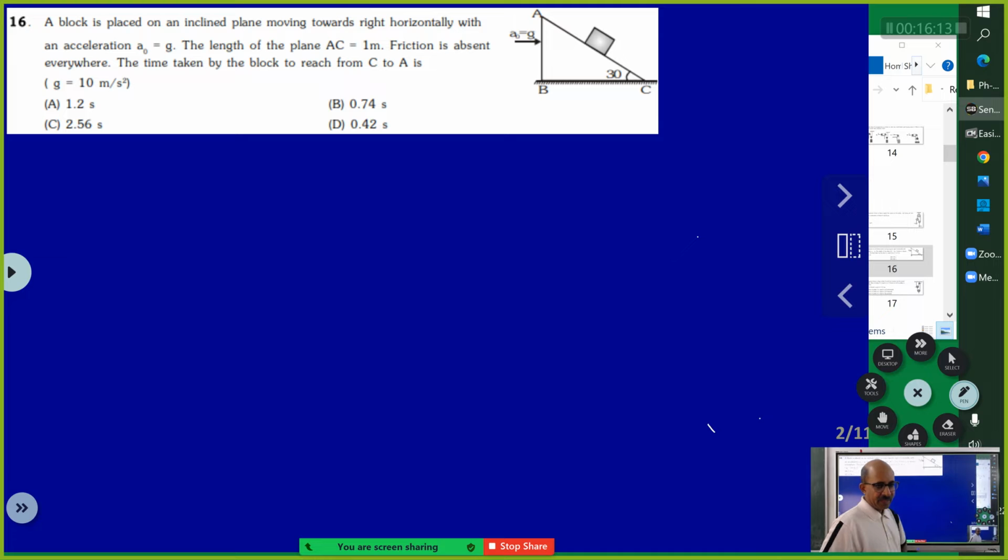Well, there is something standard here. I hope all of you notice it. What is it? How do you go about solving? There is something very fundamental in such problems. You want to draw the free body diagram of